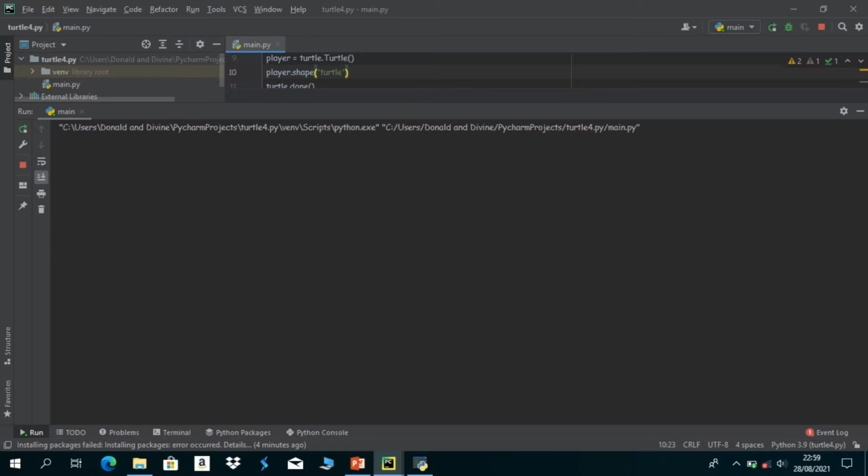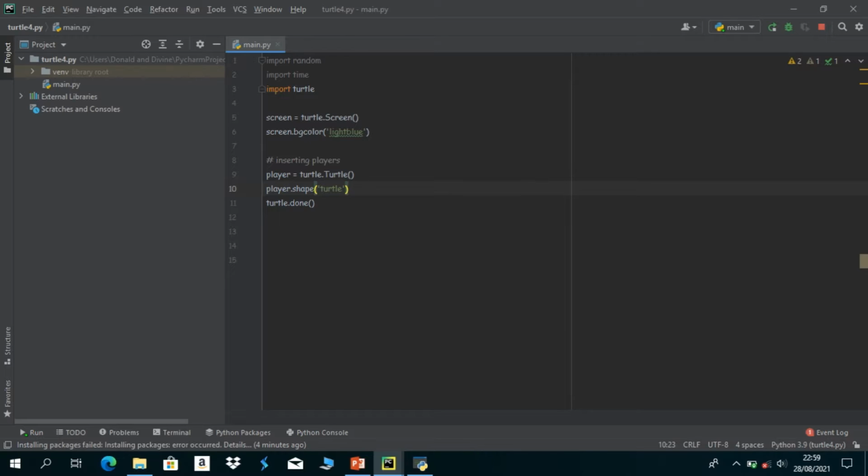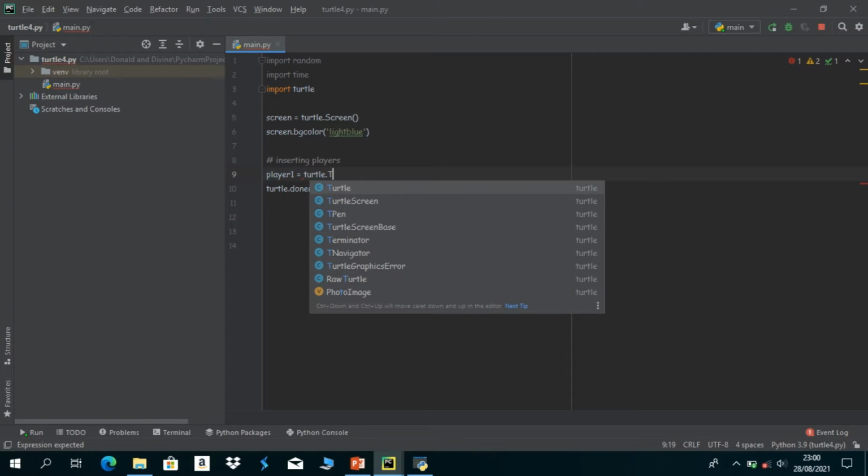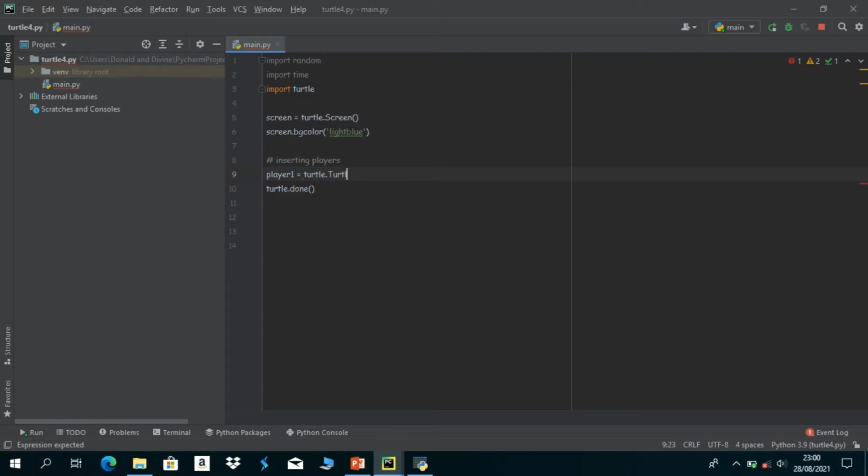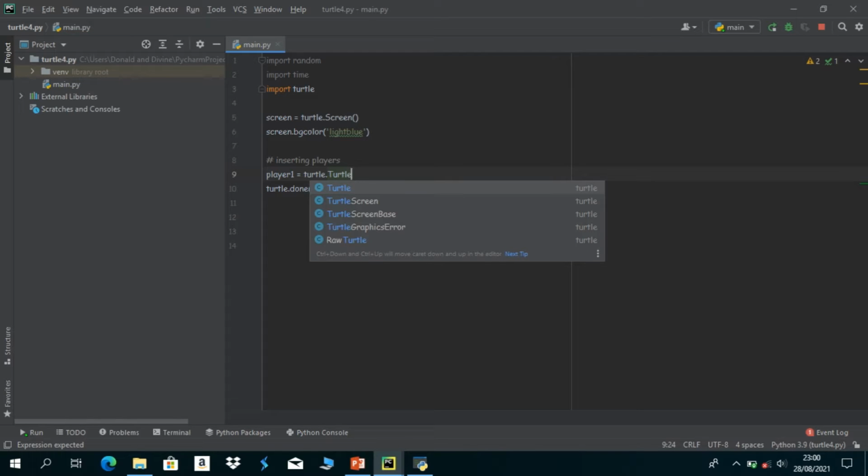So let me teach you how to do this, how to put the player. Here I wasn't teaching you, just showing you an example. So remember we said we want two players in our game. So one is player one. So it's turtle dot Turtle. So when we run this,